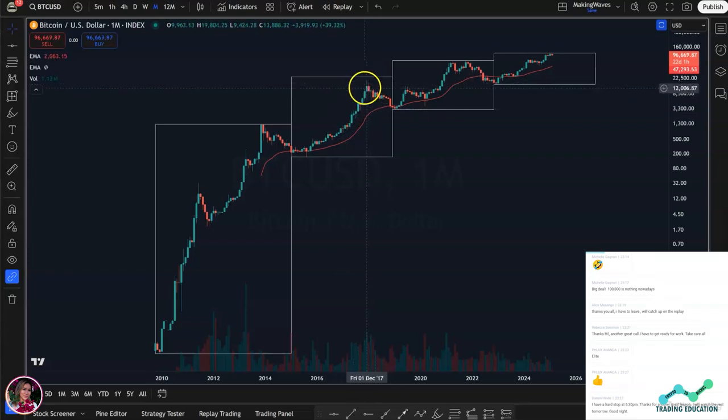Then we got the 2017 all-time high, bear market, and in that bear market, we formed the lowest we would go until price would initiate the bull market again. And then 2021 all-time high, bear market, and the lowest we would go until the current bull market began. Okay, so the 4-year blocks is from low to low, low to low. That's how we are measuring it.